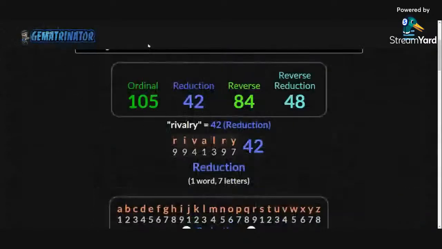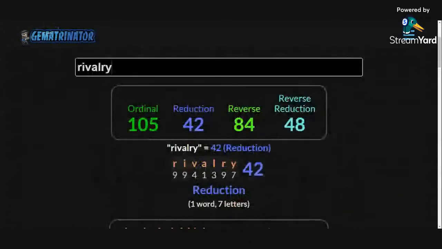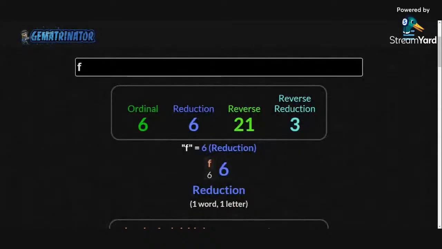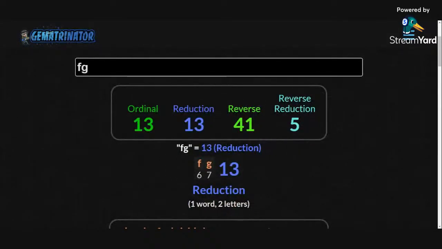Let me put football in for sure, though, right? Oh, and probably field goal, right? Duh. You could put FG. Look, FG for field goal equals 13. They win with 13 points to break the 10-10 tie. And FG, the abbreviated field goal, 13 and 2 ciphers.